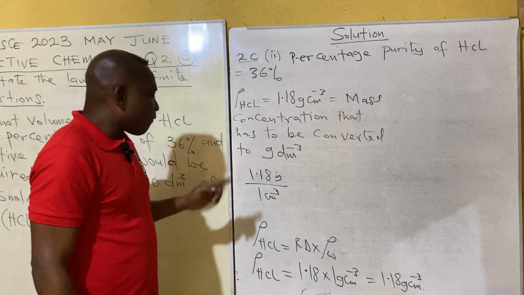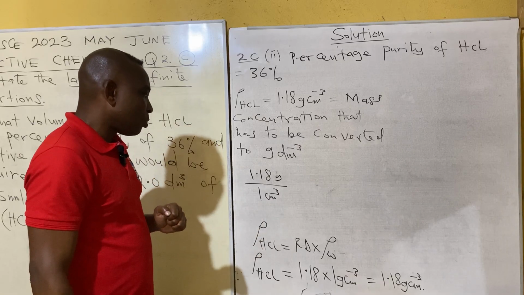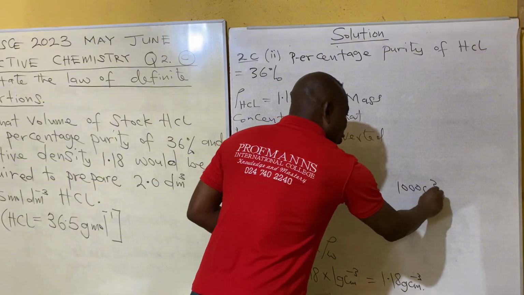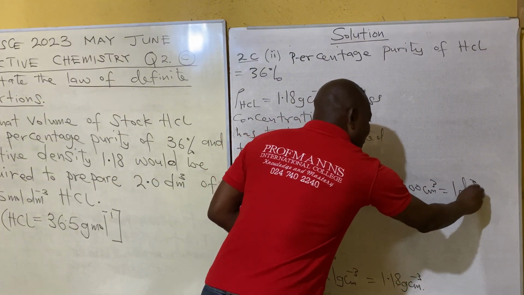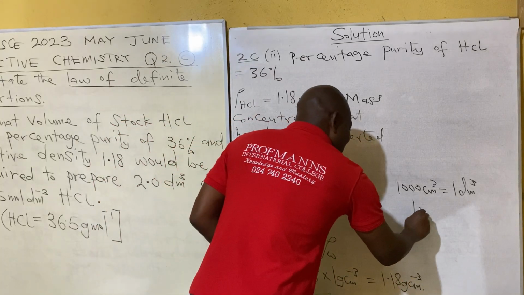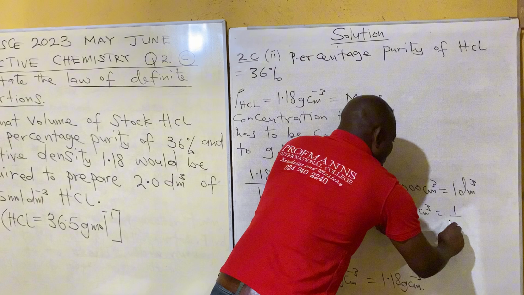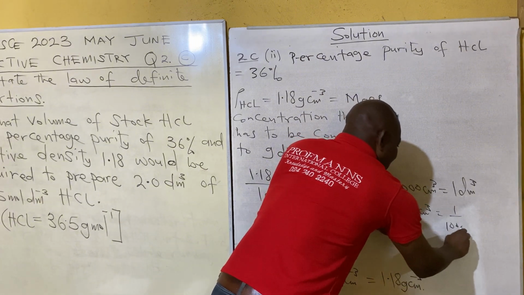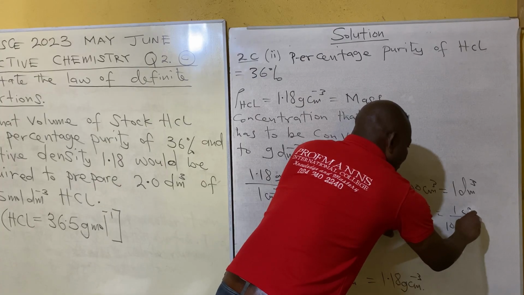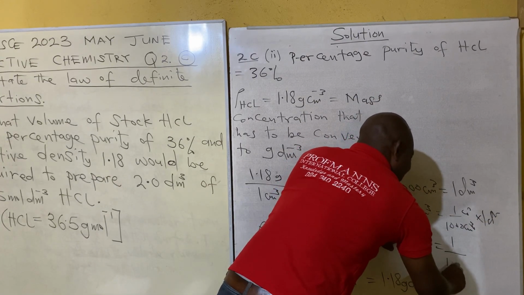We need to convert only the denominator to dm³. The conversion rate is 1,000 cm³ equals 1 dm³. So 1 cm³ will be equal to 1 over 1,000 times 1 dm³. It's going to give us 1 over 1,000